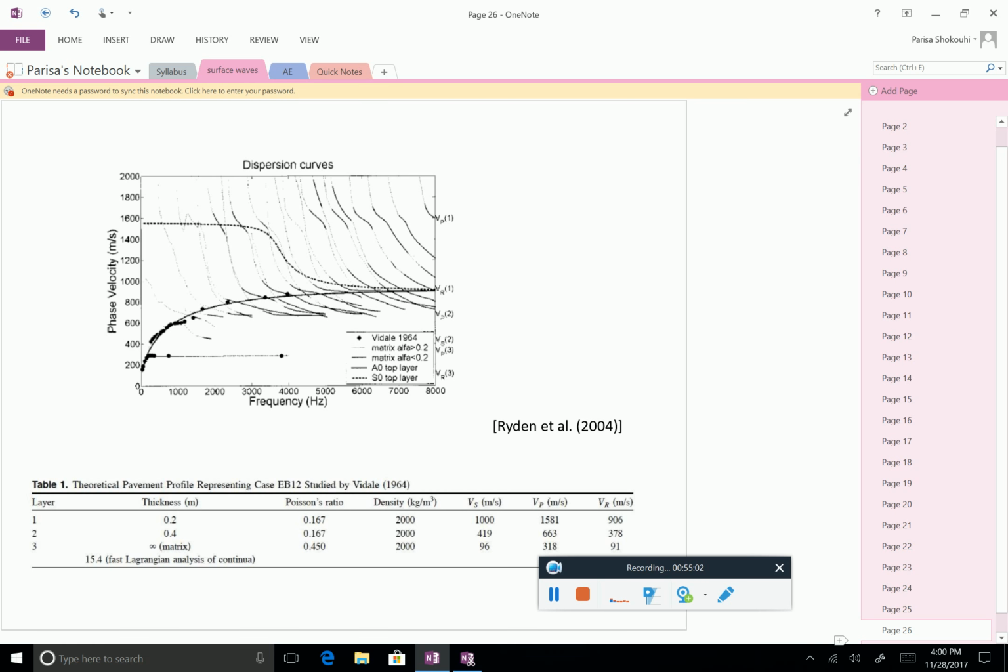As you can see here, the modes and so on look just like a plate. If you have a layered system, whether this is on the Earth scale, or a pavement system, or a sandwich composite, you are going to have this kind of dispersion curve. This is much more